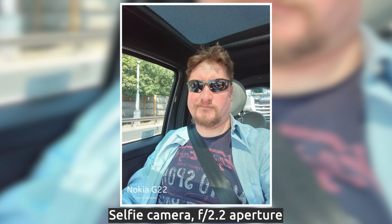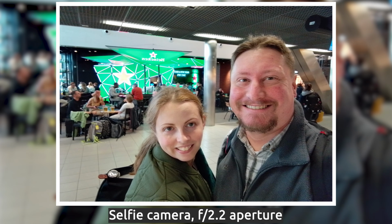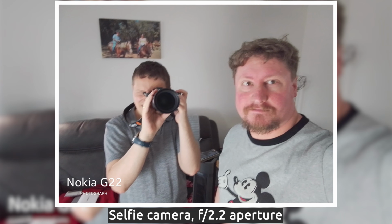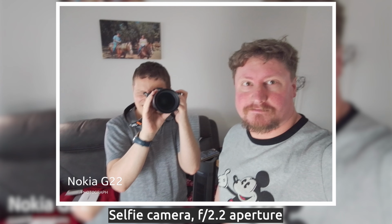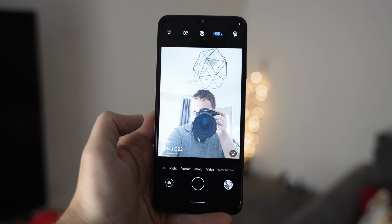The selfie camera is nothing to shout out about. It's an 8 megapixel sensor that takes semi-decent pictures in good lighting conditions, but in low light does definitely suffer. When it comes to taking video, that selfie camera can take full HD video, but think again if you're thinking of buying this phone for vlogging. The quality is a little bit lacking in terms of sharpness, and there seems to be little or no stabilization